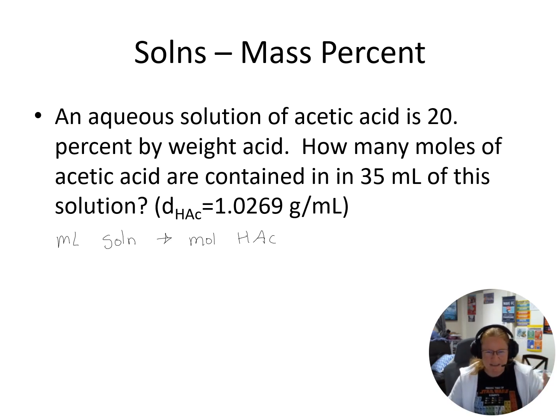I can't go directly from milliliters of solution to moles of acetic acid. Now I have a few pieces of information here. I know the density, which gives me the grams of solution per milliliter of solution, because that's not the density of just the acetic acid. That's the density of the acetic acid solution. Okay, and so when I have the density here,